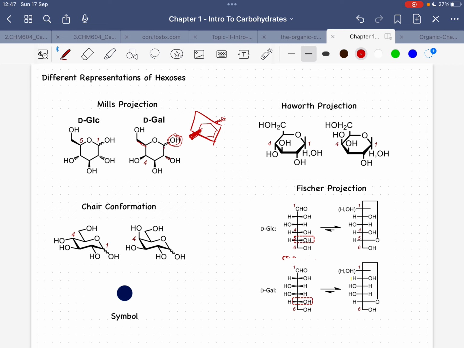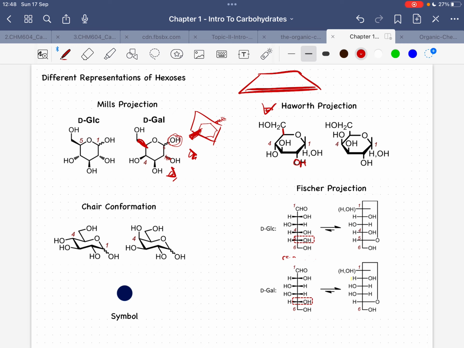And sa Haworth naman, kung diri ka magtanaw sa kilid, sample, diri imong mata, kung naka-flat bitaw ang papel, mao na imong mata diri, mao nang Haworth projection. Gipahigda ra nimo ang Mills projection, and gitawag gitanaw nimo siya nga pahigda mao nang Haworth. And sa Haworth, ang bonds nga heavily shaded, naa siya sa top, whereas kaning broken line sa Mills projection, sa Haworth, it's at the bottom. Okay.